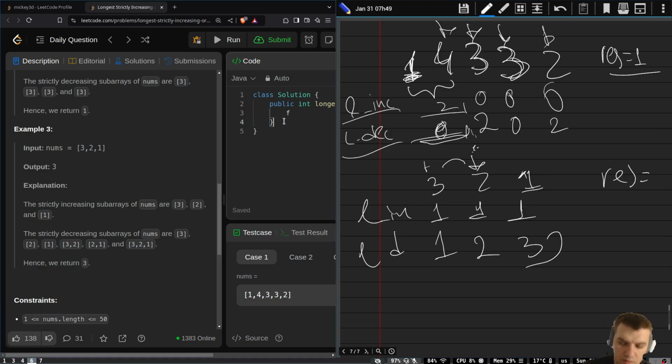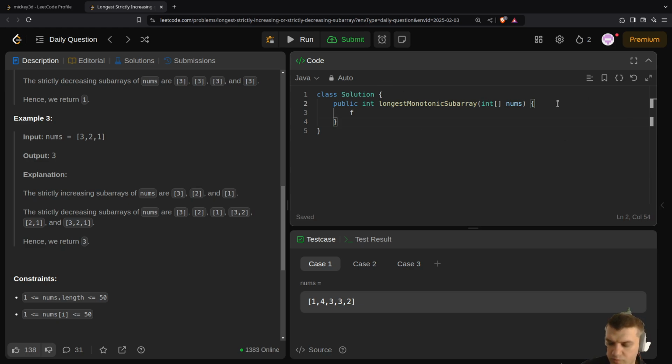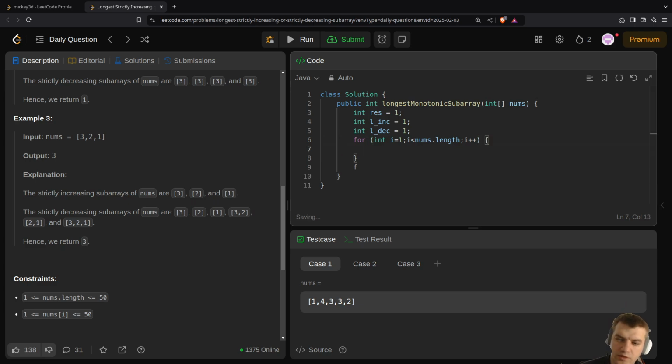So I'll hold int res equals 1, and then int lastIncreasing equals 1, and then int lastDecreasing equals 1, and then for i equals 1, I'll have i less than nums length, i plus plus, and then I'll check